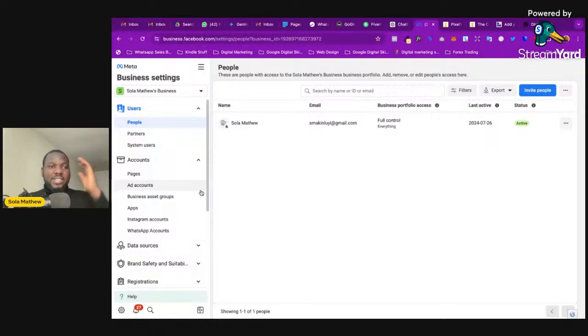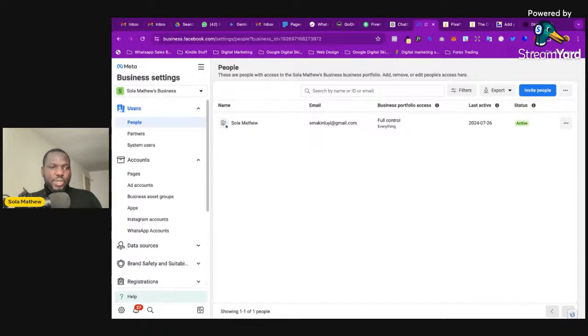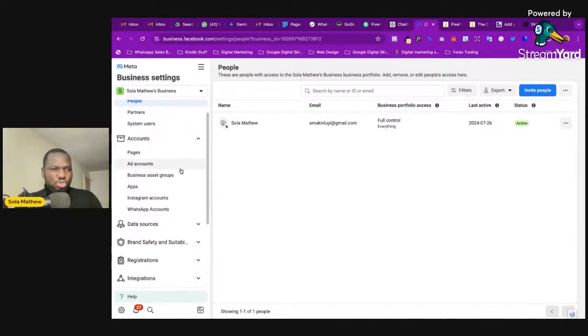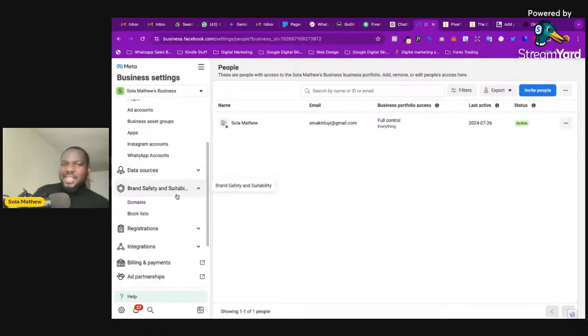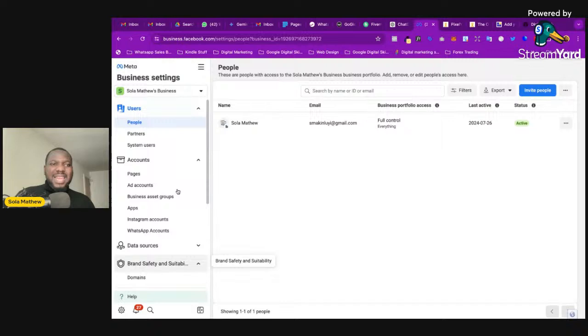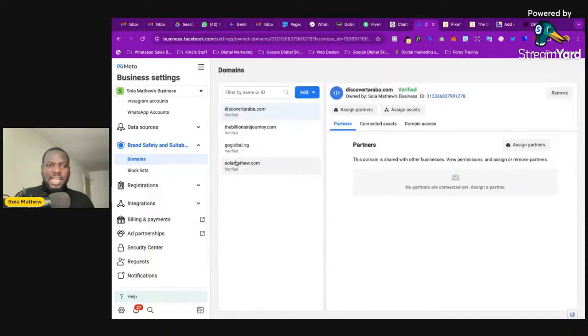Right. So you see, when I click on the settings, it brought us here, right? Now, this is where we are going to, I think if you search for domain here, you should be able to see the domain. So I have full control, and then I will go to brand and safety. Now, you see, that brand and safety was not showing the option that we needed earlier on. All right. So what you need to do is just come to brand and safety under the business settings. Okay. So if I click on that, if I come to domains,